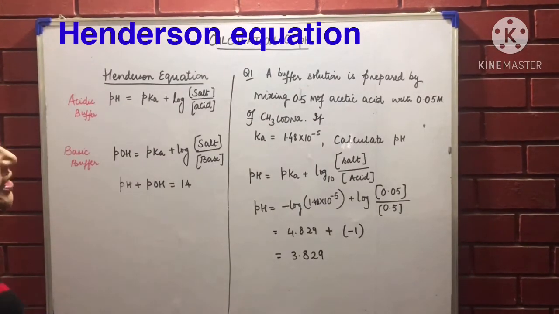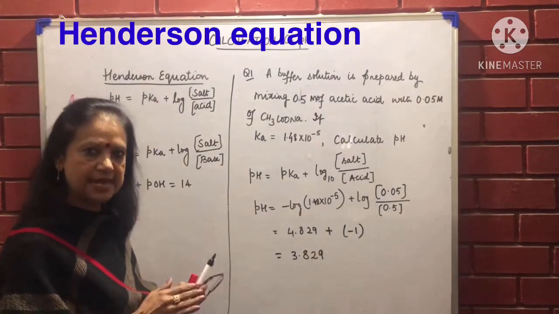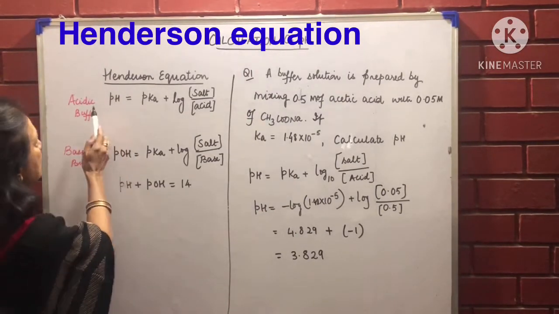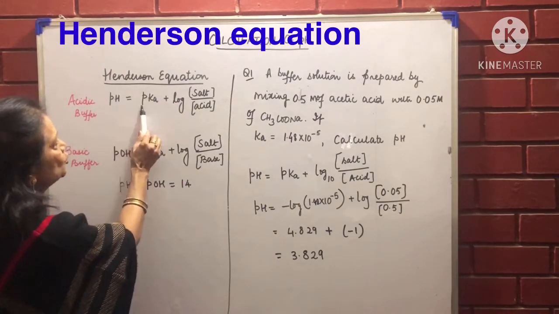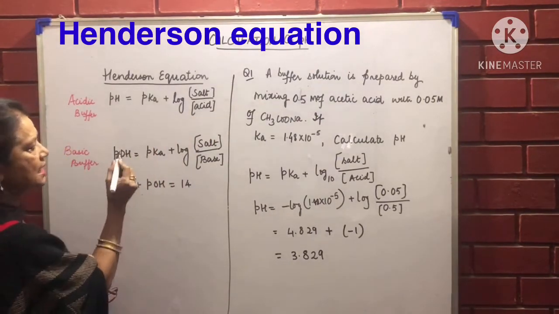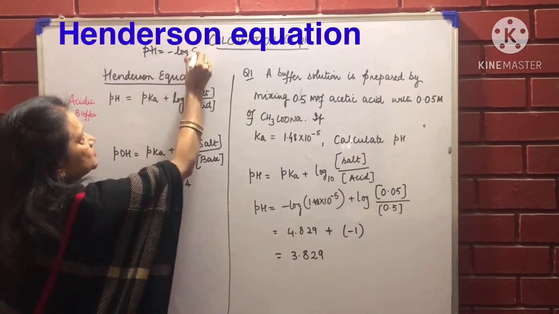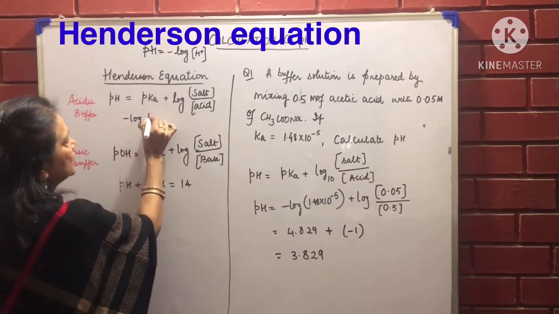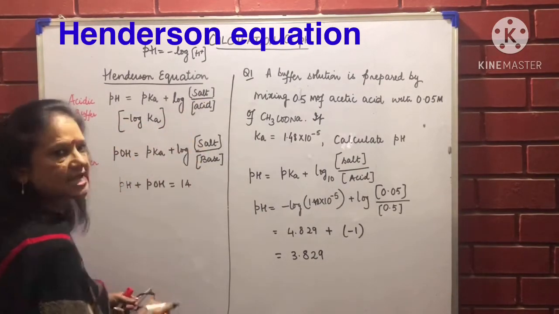Now calculation of pH for a buffer solution. So buffer solution contains one salt and acid, or it may contain salt and a base. So I am using two formulas here. For an acidic buffer, directly we can find out the pH. pH is equal to pKa plus log salt upon acid. Now what is pKa? Like when I write pH, we say it is minus log of H plus ions. Similarly, pKa means minus log of Ka. Fine? Plus log salt upon acid.